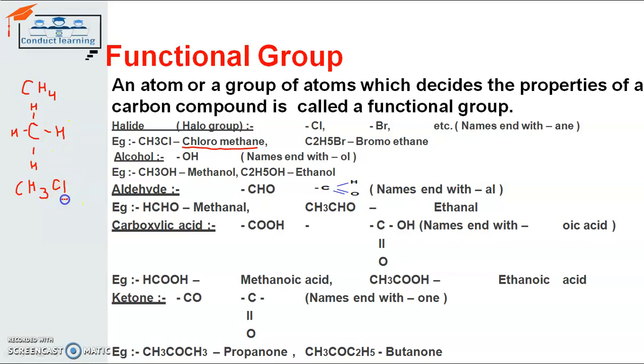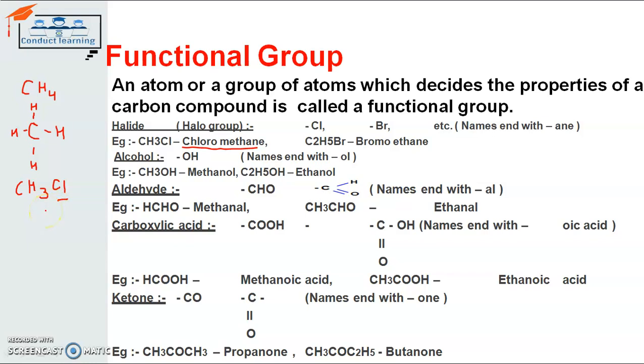with one functional group. That is to say, the chemical formula for methane is CH4, where the number of hydrogen atoms is 4. But in chloromethane, the number of hydrogen atoms is 3, and one atom from the functional group of halide, like chlorine or bromine, comes into existence with the already existing methane. So in short, one hydrogen atom of methane is replaced with one chlorine atom or one bromine atom, and it becomes chloromethane.